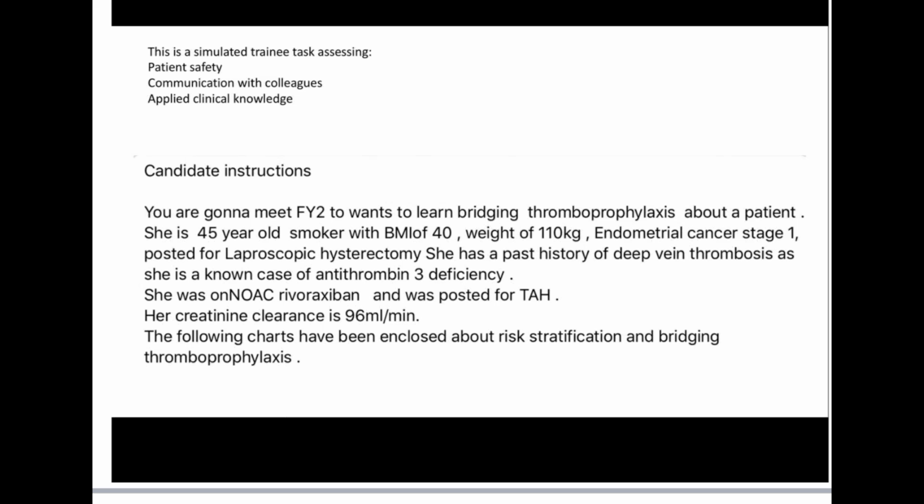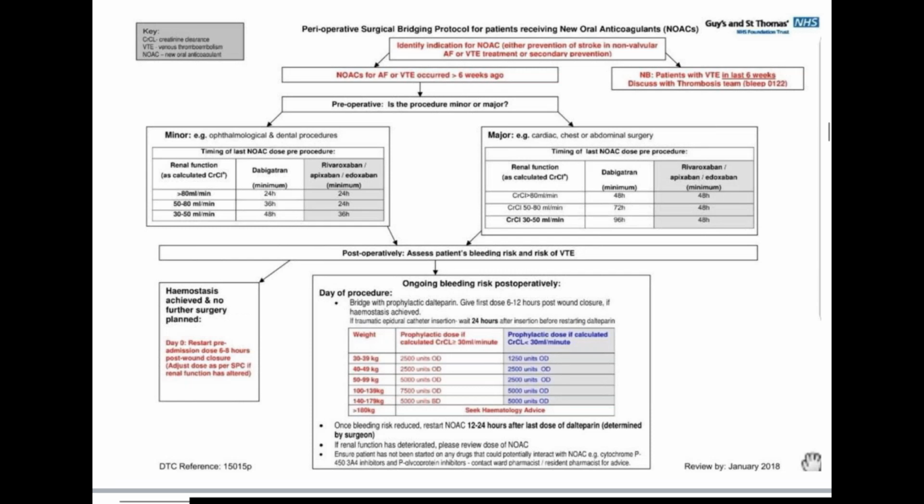Her creatinine clearance is 96 ml per minute, and the following chart has been included about stratification and bridging thromboprophylaxis. And this is the protocol available. When you are in the exam, you will find this local protocol present outside the cubicle and inside as well. So what we need to do,